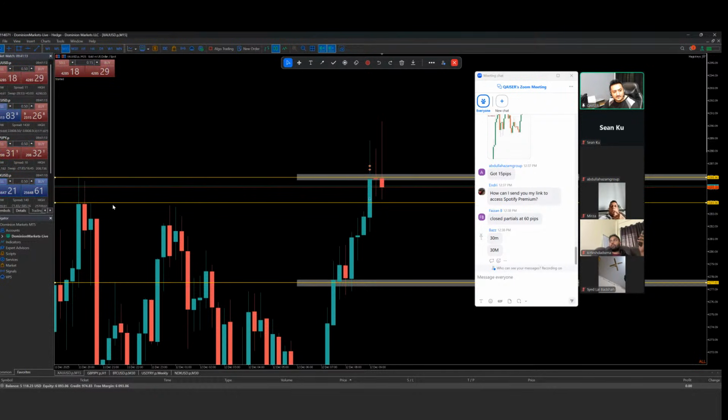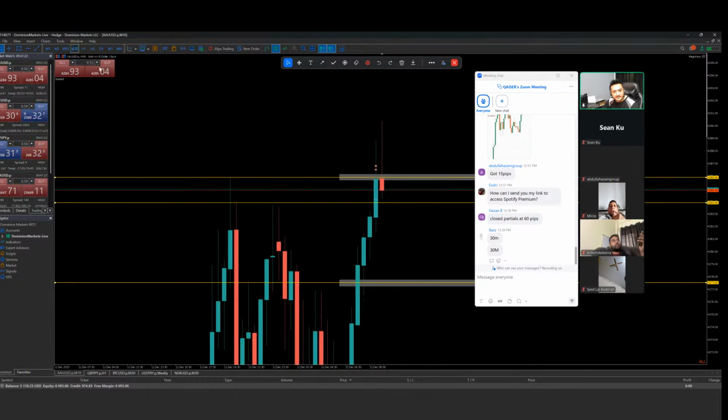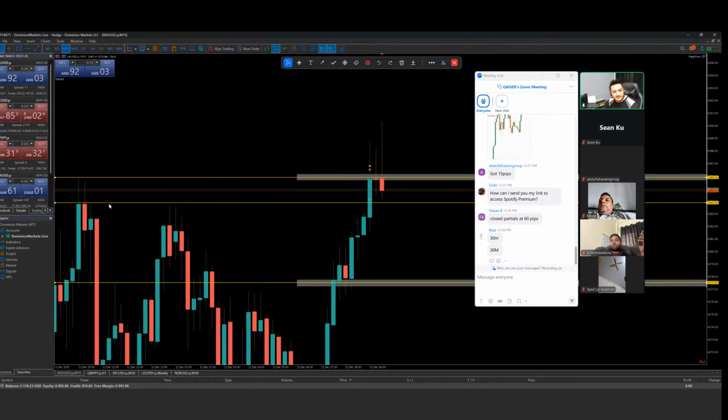This was the resistance you are having here now. See this one. So that's why I placed my resistance here before. Look at the 30 minute, it has wicks. On the 50 minute there is a resistance, because there were a lot of wicks. That's why I use the 50 minute time frame resistance area. So yeah, that's why, because it has a lot of wicks.